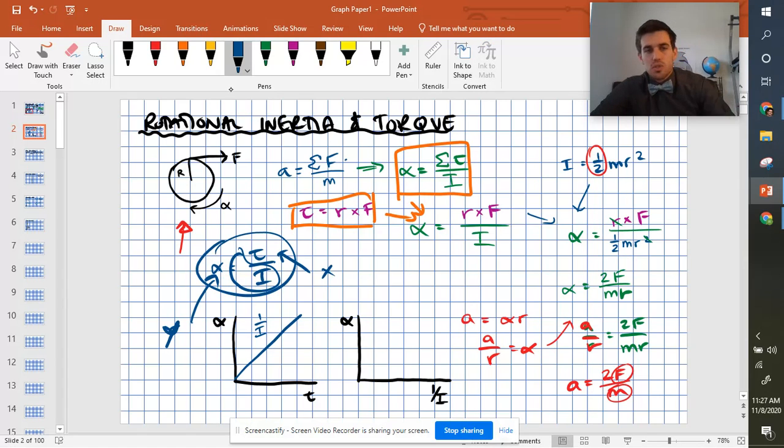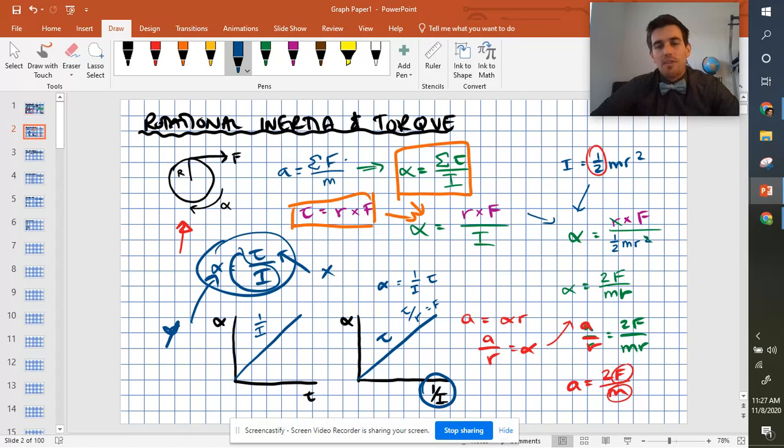The same thing holds true if I was to graph the angular acceleration versus 1 over I. There's also a torque in there in the equation because it's torque over I. And so we could find out that the slope of this graph would be torque. And if we were given something like the radius, we could take the slope divided by the radius to figure out what the force applied is. But notice that if we are graphing this, we have to graph it versus the inverse of the rotational